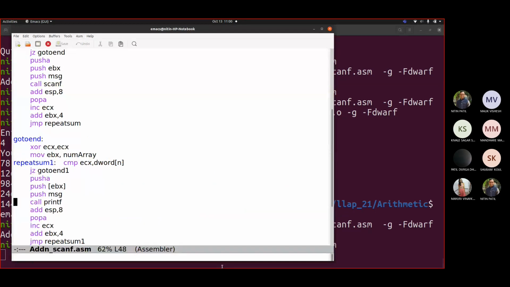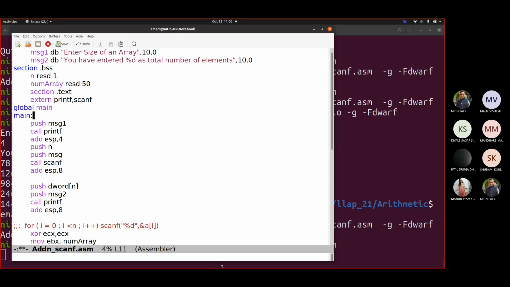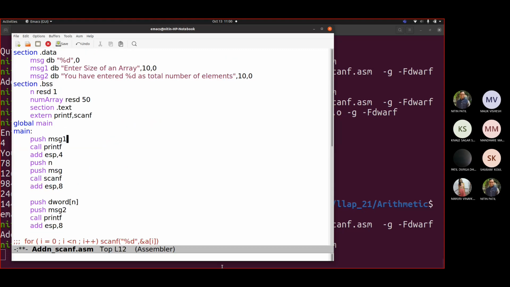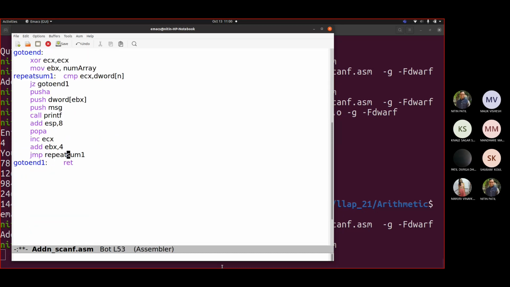Yes or no? Because we said EBX, like the num array, and the thing is containing this 50, correct? 50 here. That's why we have to write this DWORD while printing. So let me go back.